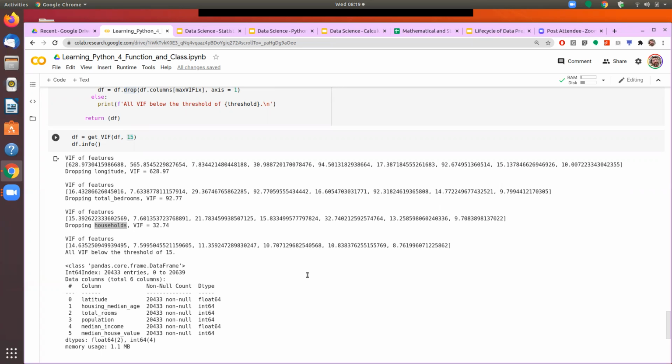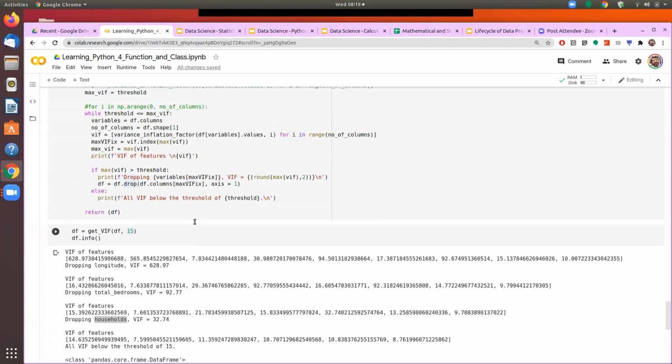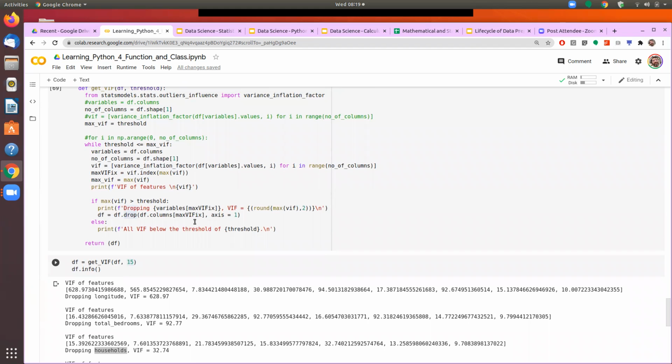In the case of housing prediction, we had 9-10 different data elements. But as part of the data cleansing process, we had said that we need to find out which data elements or which columns or which features are highly correlated. We need to remove them because they contaminate my prediction. And VIF is one of the measures which tells us which are the data elements which are highly correlated, and we can either remove these manually or we can remove them programmatically. And that's what we experimented with, writing one small program to find out the VIF score and then dropping that.